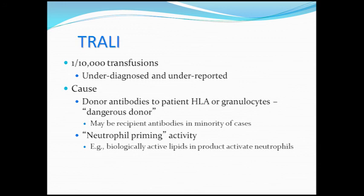And it's thought to be about 1 in 10,000 transfusions. But CBS has done a lot of work to mitigate the risk in the Canadian blood supply by getting plasma products from males or nulliparous females. So the cause is basically you have primed lungs with a lot of leukocytes in them, and then the antibodies against patient white cell antigens come in, and they activate the neutrophils, and the neutrophils go wild. So you get this non-cardiogenic pulmonary edema,